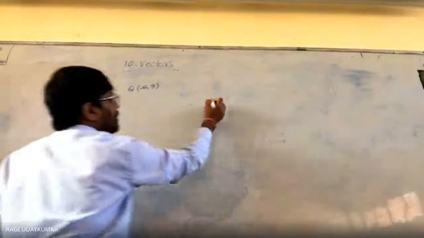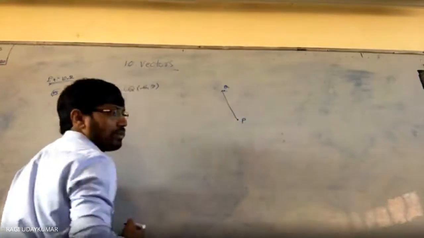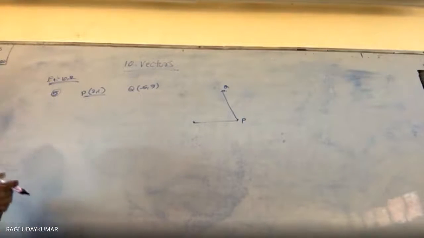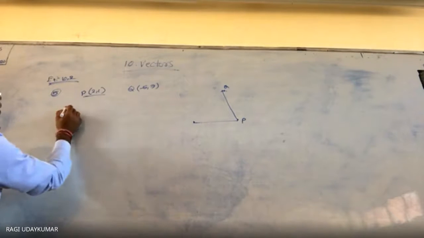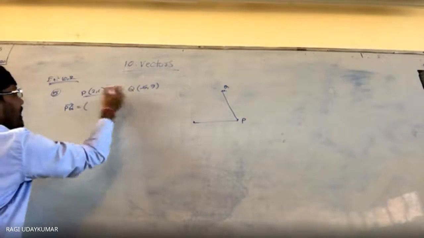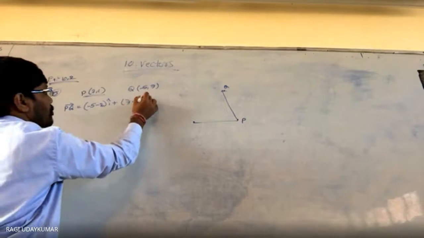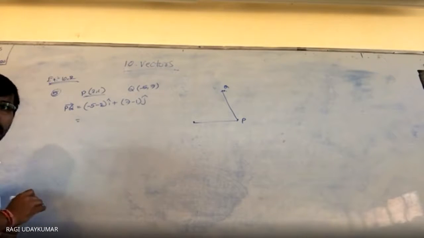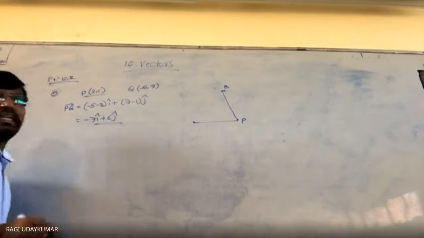So suppose point P is here, point Q is here, ये vector convert करना है. तो ये initial point is nothing but P. Here the points are two dimensional, as given to you. So PQ vector, whenever you are finding this minus this, you have to do minus 5 minus 2 into I plus 7 minus 1 into J. If you have a third coordinate, the third also you have to take into consideration. So you are going to get minus 7I plus 6J as a vector.